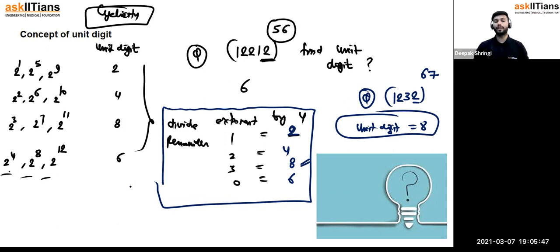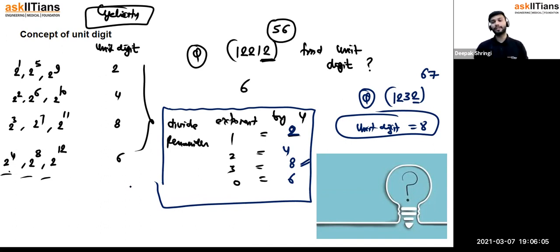that if the remainder is 1 then it's 2? Look, 2 power there was 1, 2 power 1 was there, 1, then 2 power 5 and 9, all of the powers either 1 or 5 or 9, if you divide them by 4 the remainder is 1, if the remainder is 1 unit digit is 2, then the next powers are 2 6 and 10, if you divide 2 6 10 by 4 the remainder is 2,